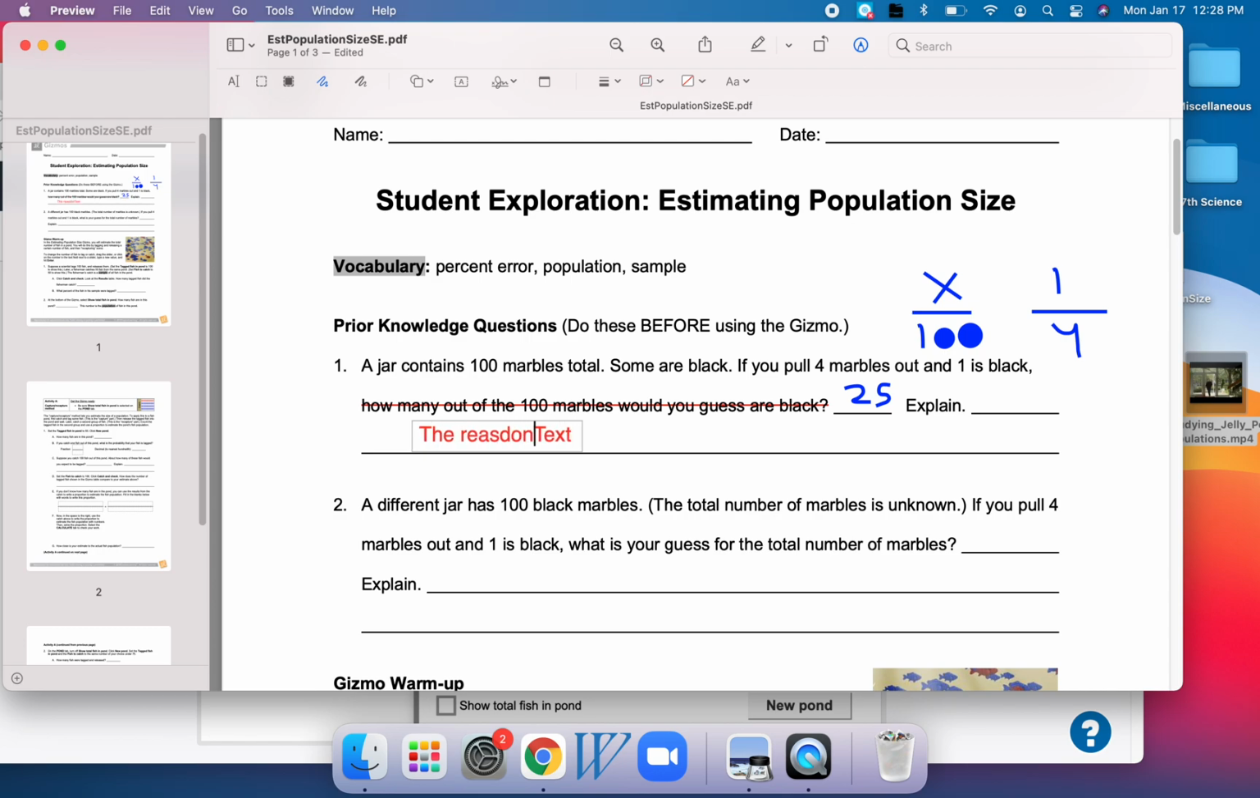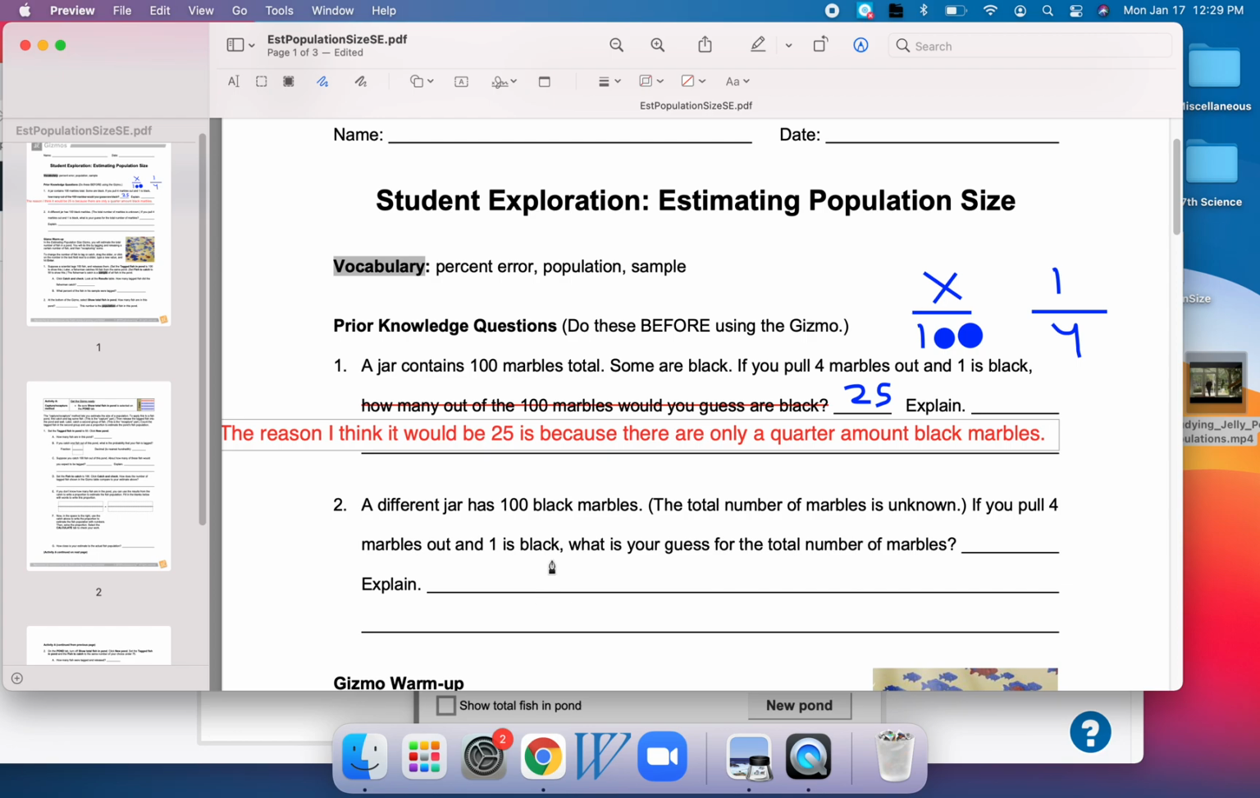The reason I think it would be 25 is because 1 in 4, because it's only a quarter, because there are only a quarter amount of black marbles. Yeah, only a quarter of them are black marbles. So then